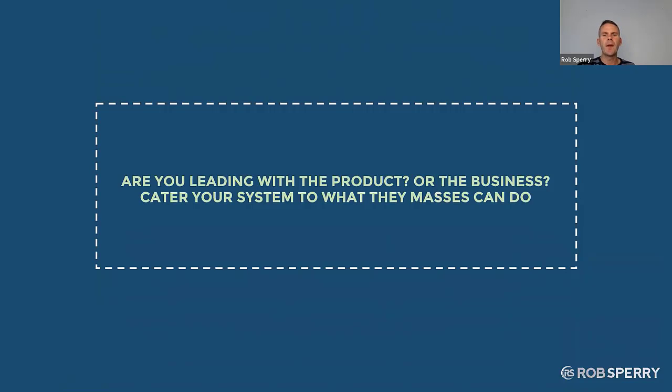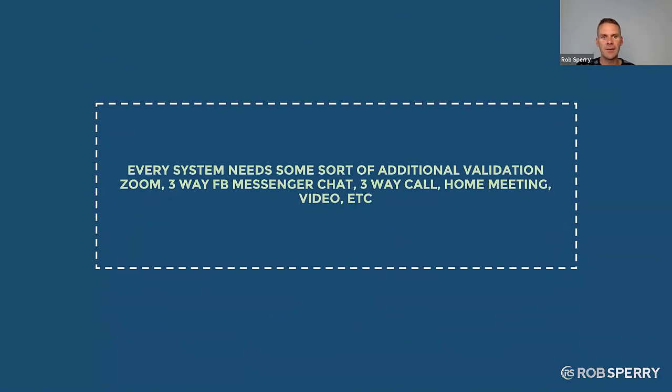For example, if I'm leading with the product, because I feel like that's what they can do in my company, and that's a focus, great, do that for the 90%ers. And then if you want to create something else for the business builders, well, that's not the strategy for the masses. That's when you find the people that want to go really fast, and you can call it your little secret sauce, ninja strategy, whatever. And you sprint with the sprinters, walk with the walkers, jog with the joggers, rest with the resters. Match their energy and effort.